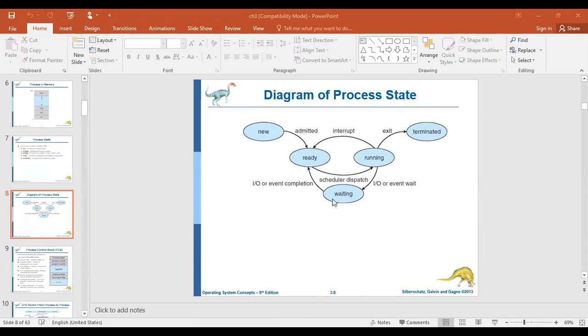During this time, the CPU may be busy executing some other process. Once that is completed, the CPU accepts this previously waiting process, and now it becomes running. The process repeats like that until the process has to be terminated.